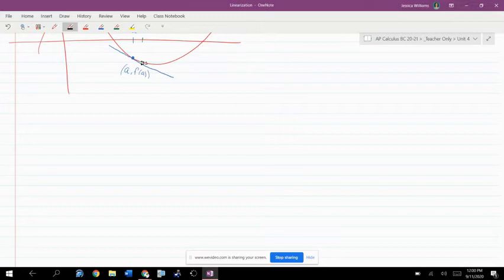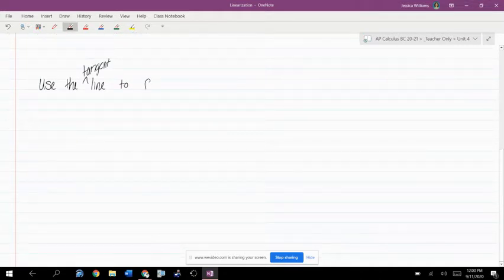I think we'll do two examples. The first one I'm just going to make up. It's going to be so good. So I'm going to say use the tangent line to some function that I am inventing on the spot. I want to throw a sine. Oh, I'll do a sine inverse because who cares? We'll do that. Use the tangent line to that curve at x equals 0 to approximate